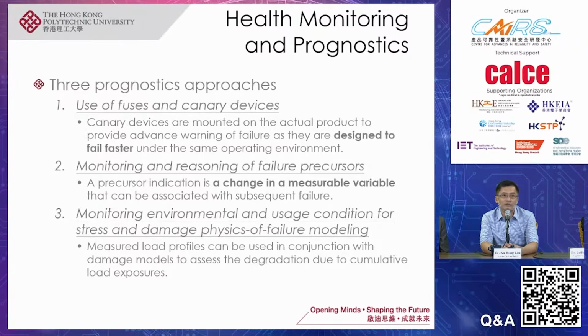The second method is that we choose some measurable parameters from a system, insert some sensors, and measure the parameters. As the parameters change due to aging, we can use the information to predict the remaining useful life of the system or device. The third method, instead of monitoring some parameter associated with the device itself, uses sensors to measure the environment in which the system operates, and then correlates this to the failure of the system through the use of physics of failure modeling.